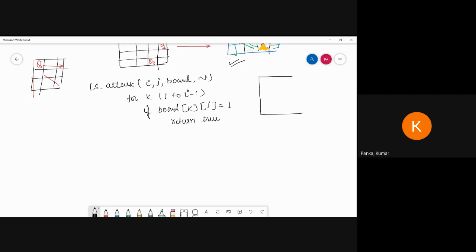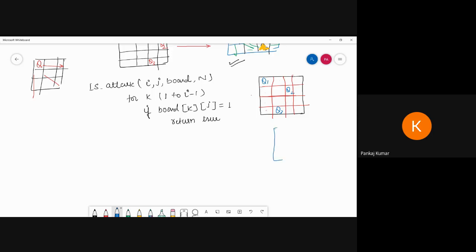So now see, suppose I am taking this example. Inside that, I'm drawing like this one, sorry. This one suppose is 0 1 2 3, 0 1 2 3. Now suppose the queens are present here, Q1, and this one is suppose Q2, and this side is suppose Q3. So suppose I want to draw the matrix.